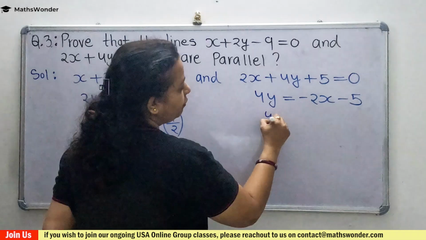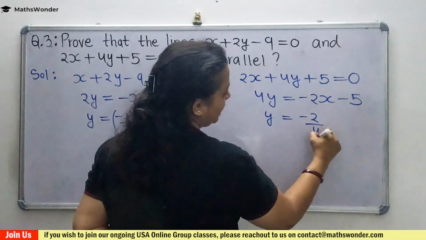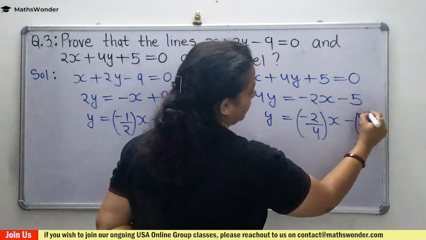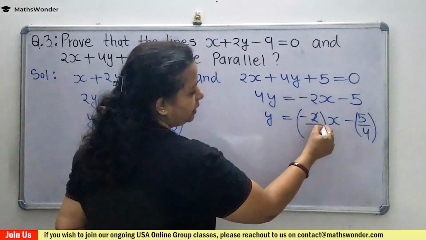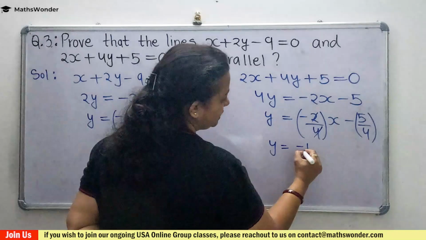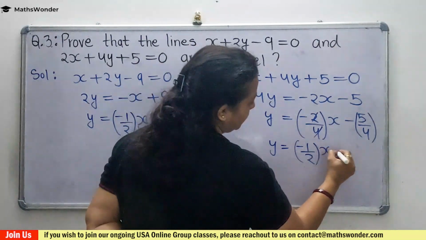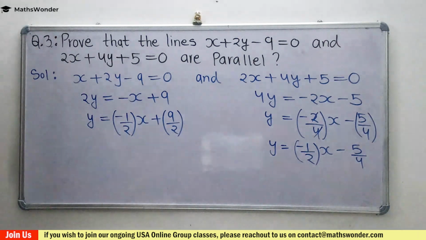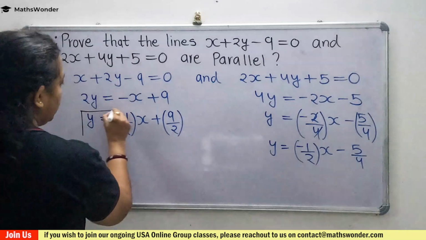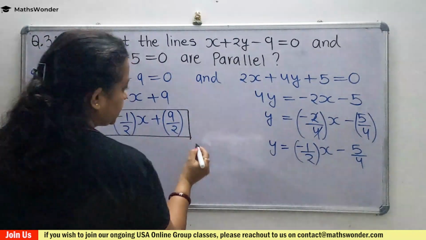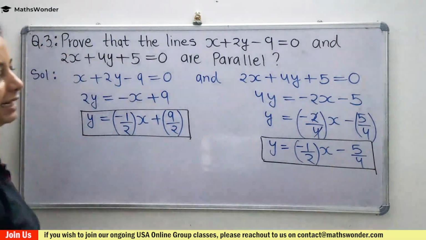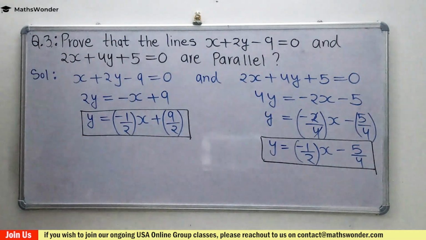You have to remove 4 from here, so you will write it like this, then like this, right? Now you can reduce this, so y is equal to negative 1 over 2x minus 5 over 4. Yes? Now in this case, this is your y equals mx form equation. We turn it into the normal linear equation, right? In this, what you realize here,